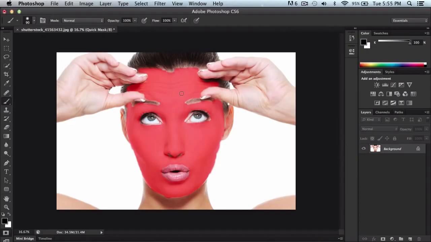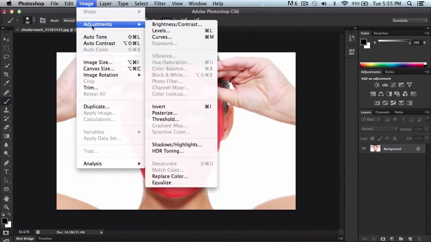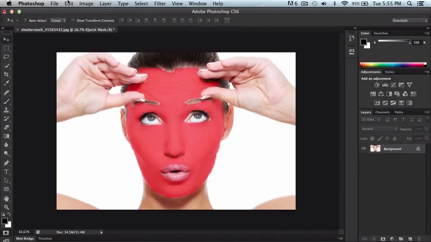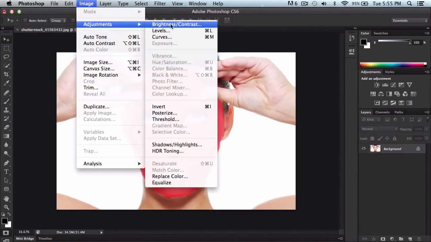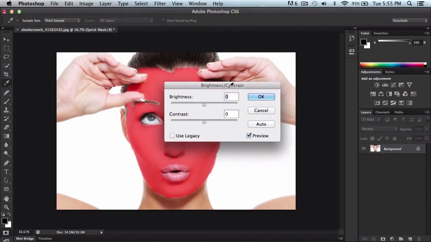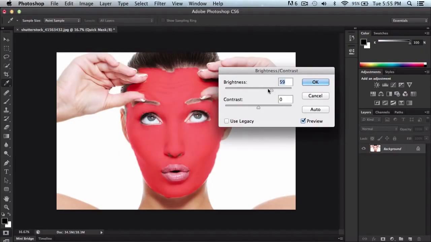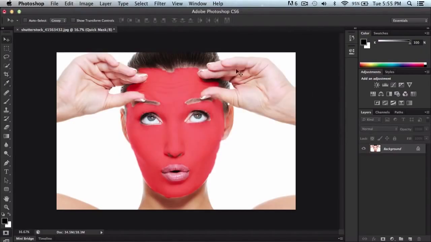So once you have done this, you want to go into image adjustments. Then you can either choose one of these. Now, before you do this, make sure you click this and then go to image, adjustments, and then you can go to brightness, levels, or curves. Select any of these. You can go into brightness. Now you can change the brightness, but before we do that,